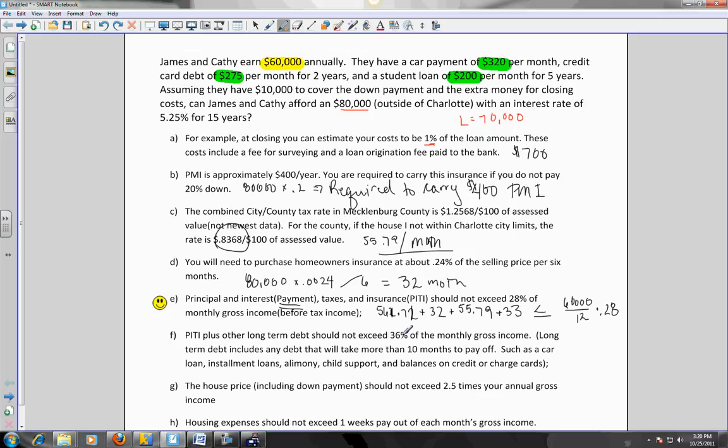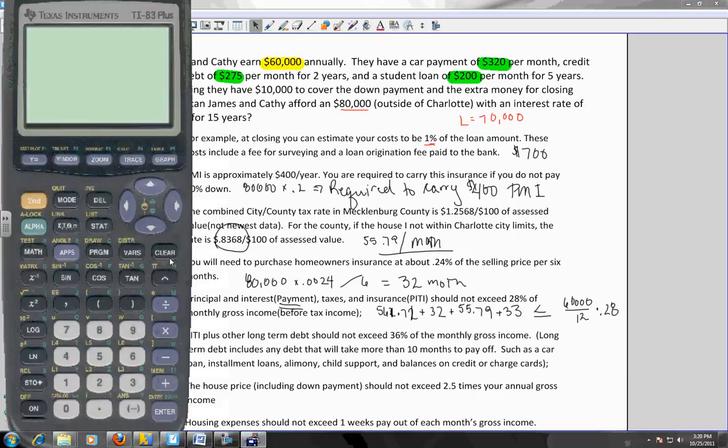We are happy. Now we got to talk about this long-term debt. And that cannot exceed 36% of that monthly gross income, plus your payment. Now we got a lot of income, a lot of long-term debt. We got 320 plus 275 plus 200. Now we got to add in that mortgage payment and the PTI, and let's see, I got 562.71 plus 32 plus 55.79 plus 33.33,